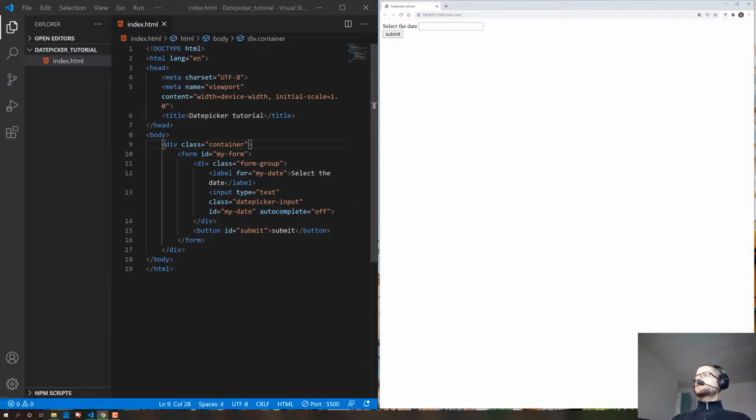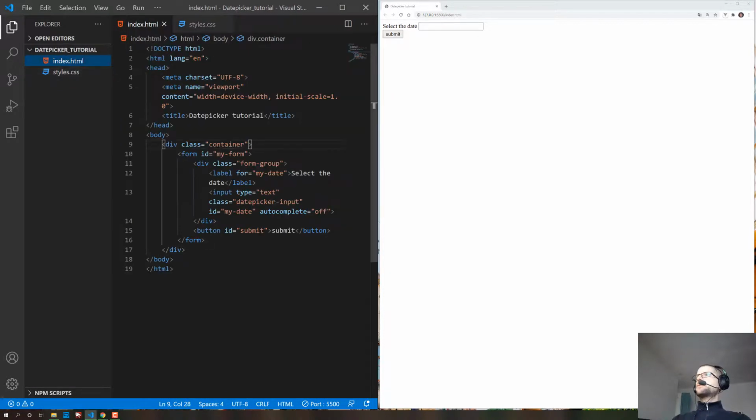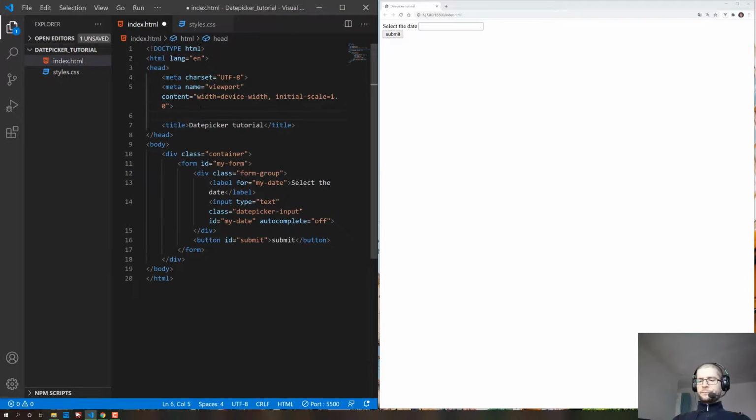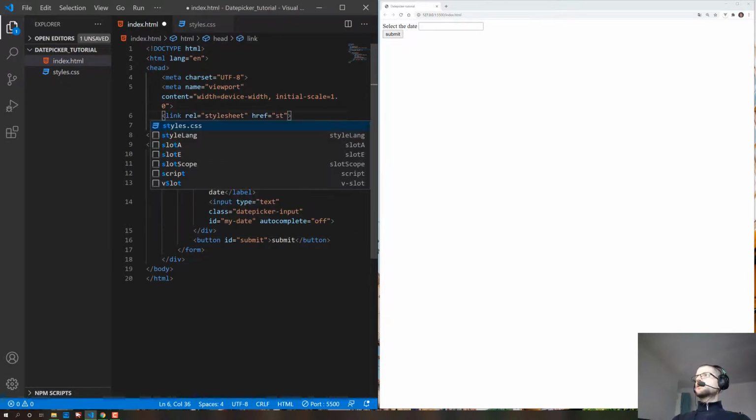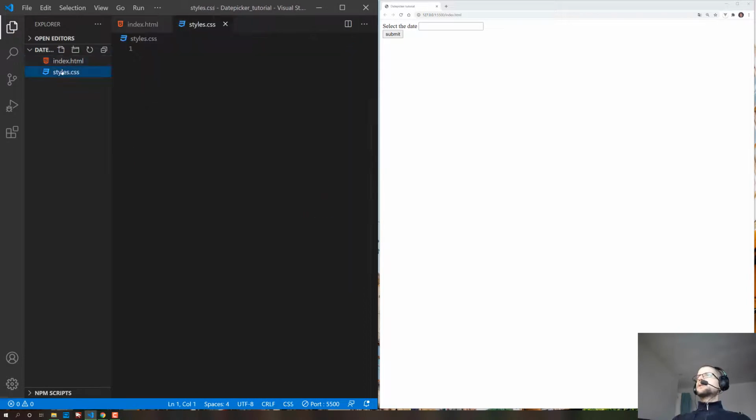And now let's get to the styling. We'll create a styles.css file, and we are going to import it. Styles CSS, and yeah, let's just do a couple of